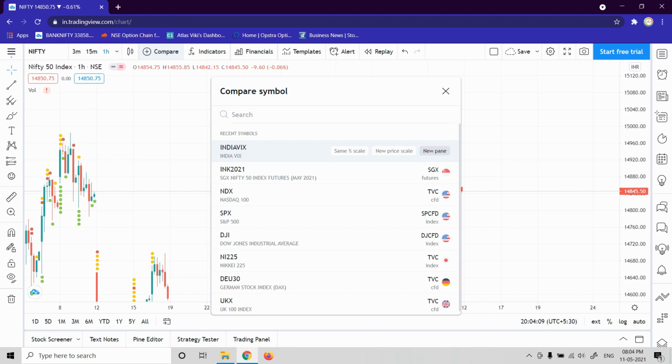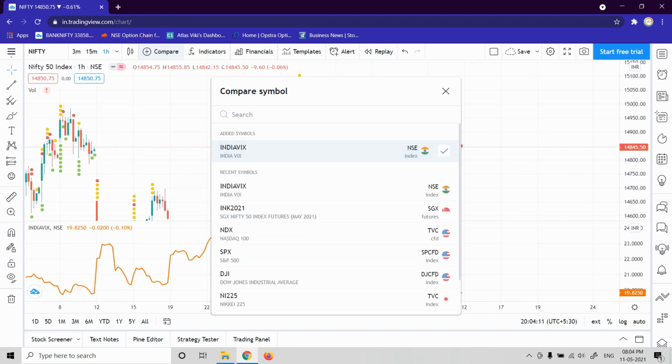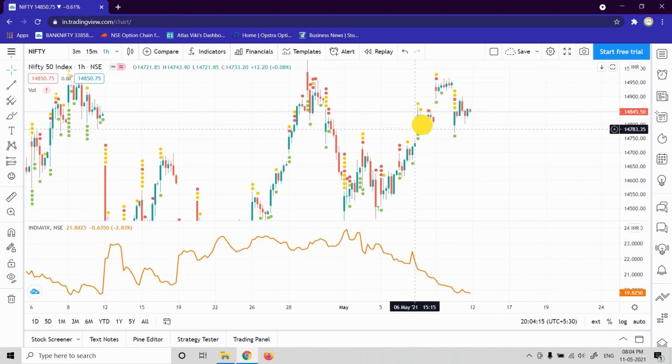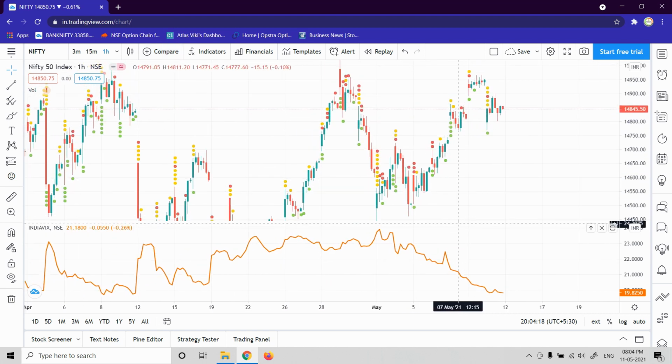Here, if I want to use India VIX, I don't have to go to a next screen. Just like using an RSI as an indicator, I can have India VIX along with the other indicators on my screen. So I don't have to take my eye off my screen to see what's happening on India VIX. You see that Nifty performed like that and India VIX dropped like anything. It's now at 19, and this is how you can use this compare tool.